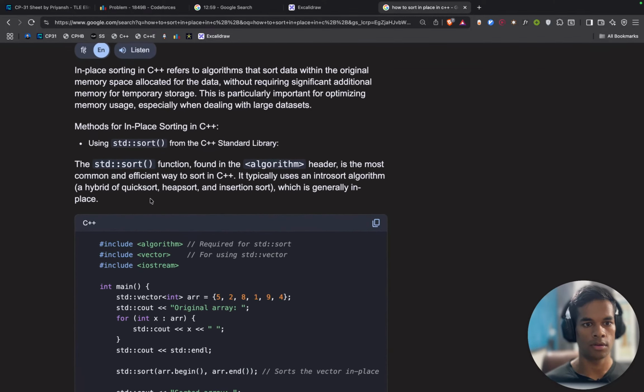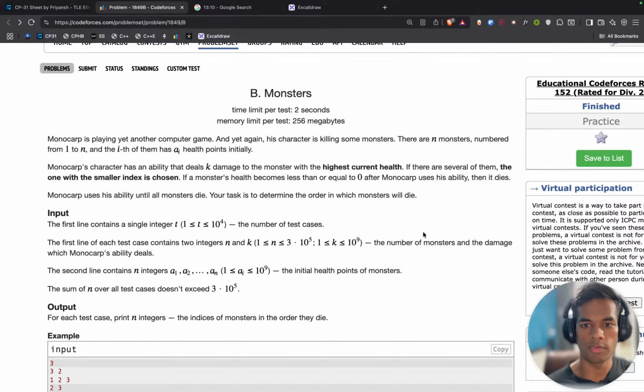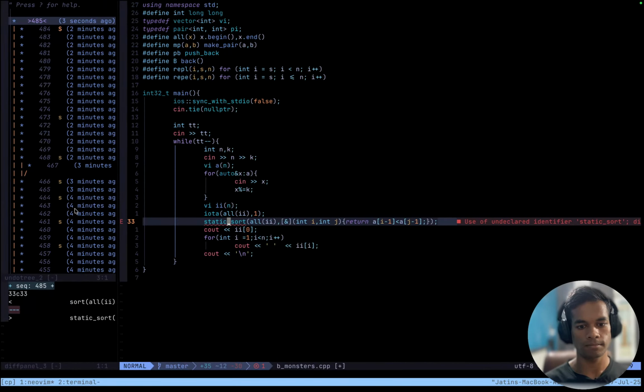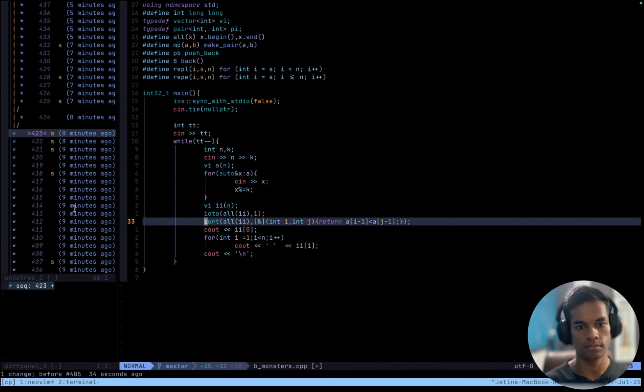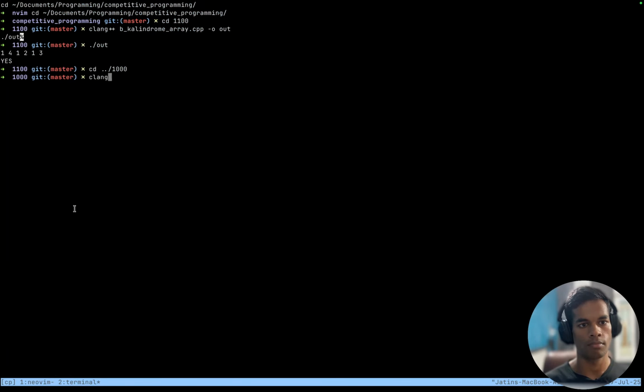Sort method for in-place sorting found in the algorithms header. Wait, I am sorting in place. The problem is not with that. Why would you, and plus plus? What is the name of the problem?